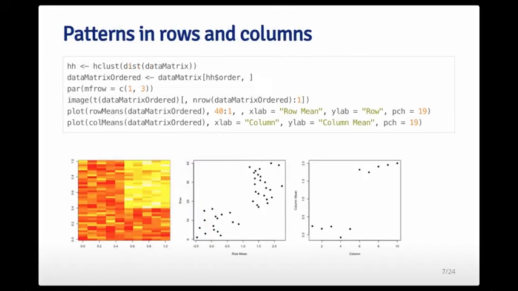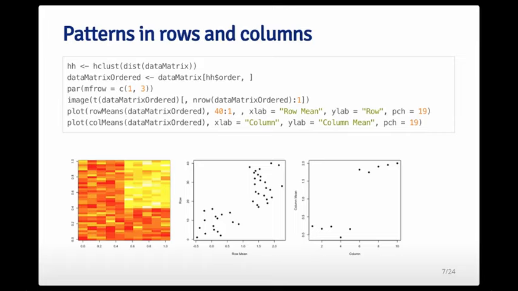Now, we can take a closer look at the patterns in the rows and the columns by looking at the marginal means of the rows and columns. So, for example, I can look at either the 10 different column means, or I can plot the 40 different row means in this matrix. So here with this code, that's exactly what I've done. On the left-hand plot, I have the original matrix data, that's been reordered according to the hierarchical cluster analysis of the rows, and